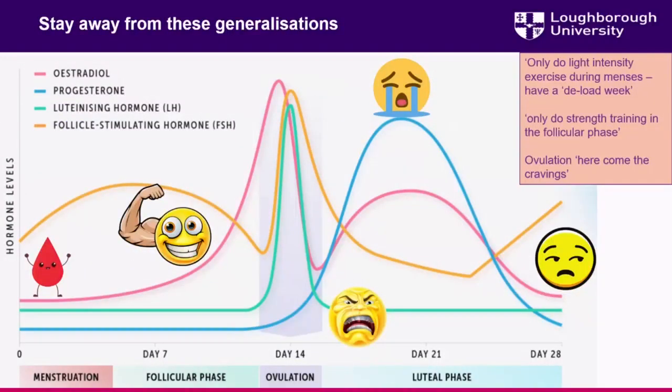This is a slightly cheesy slide, but it's just to caution people from using these kinds of generalisations that people put on the menstrual cycle. So whether that's people are super grouchy after ovulation, really emotional in the premenstrual phase, or particularly hungry at a certain phase of the menstrual cycle. Some of these things are founded on anecdotes, so there's no experimental data behind them.